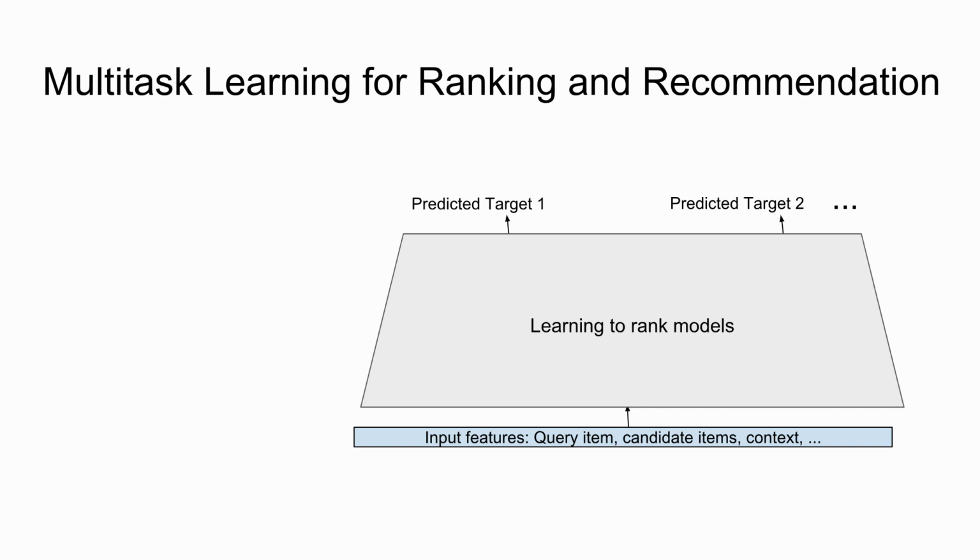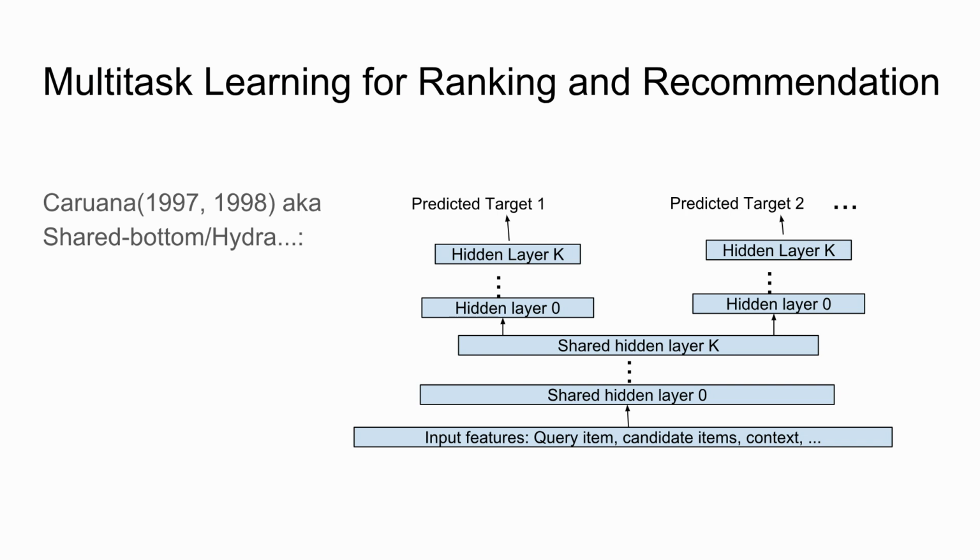So in the deep learning world, what we usually do is use a model proposed somewhat 20 years ago, which we call the shared-bottom model. You can see it's quite straightforward. In a deep neural network, you share several bottom hidden layers to learn the shared representation, and then you have separate towers for each of the tasks, so that each task can learn its own representation. This turned out to work relatively well, and has been launched in many systems, including the video recommendation system. You can see that in our RecSys 2016 paper.